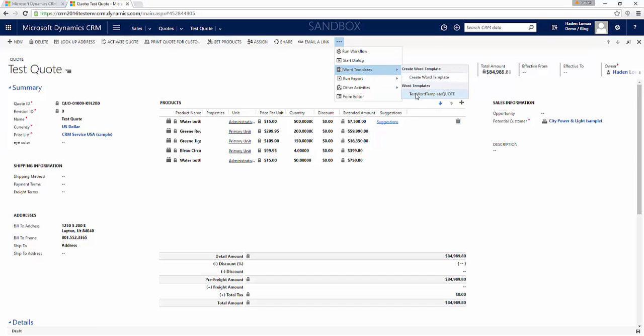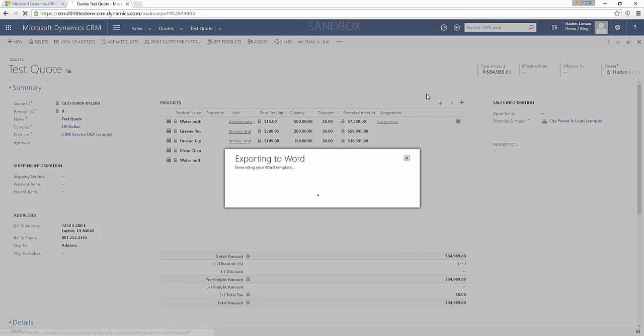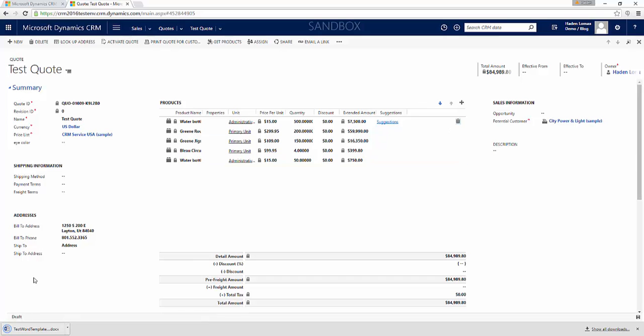And you'll see here the Word template that we have created and saved in CRM shows us here. So you can have multiple templates depending on the customer, depending on the design you want, how complex, how simple, and you'll have those options up here at the top. We'll select this, export it for us. We'll open up the download,